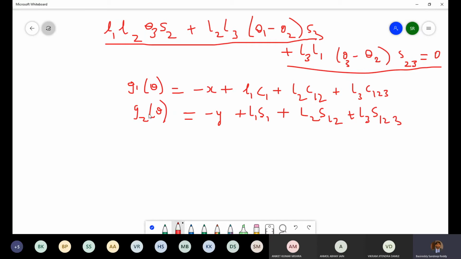So you have 3 equations and 3 unknowns, right?